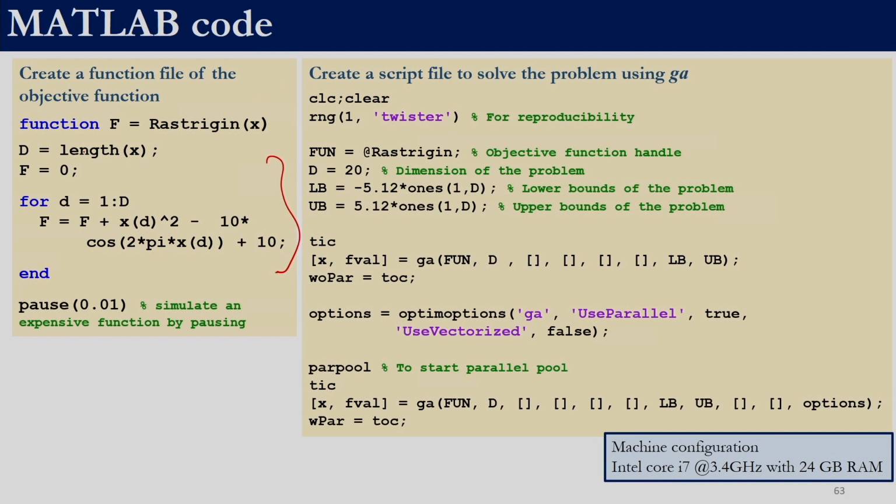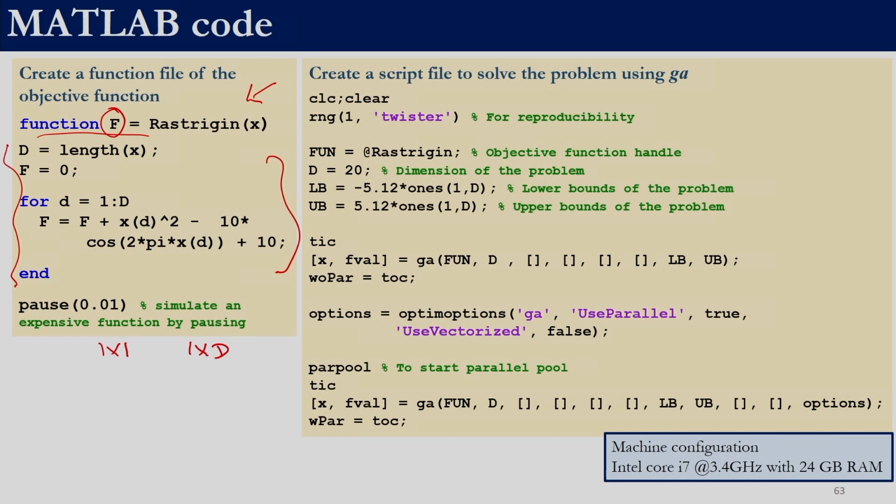So, here if you carefully study this function, you will be able to realize that this is not vectorized, right. At a time we will be able to pass one solution, that is, we pass 1 cross d and what we will get is 1 cross 1. So, every time we pass a single solution and we get the fitness function value of that solution. This we have discussed multiple times, so we will not again look into that.